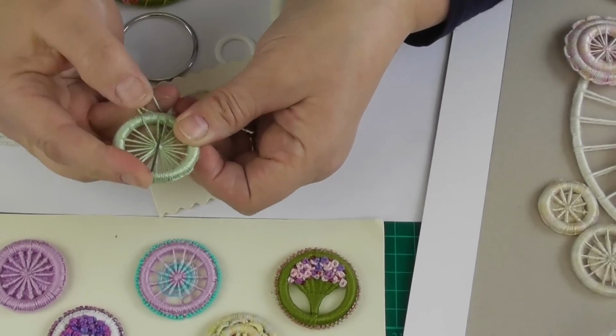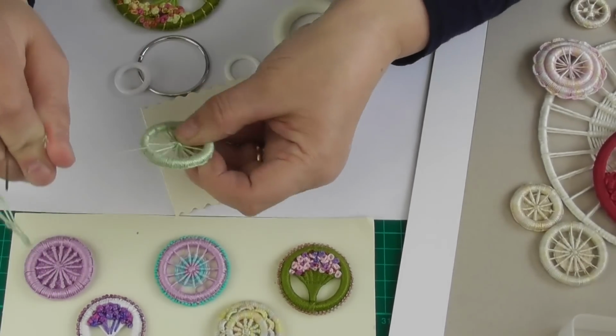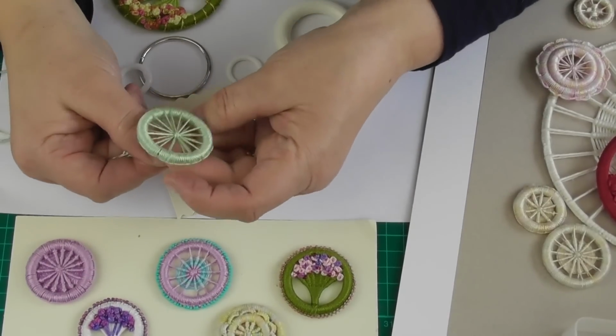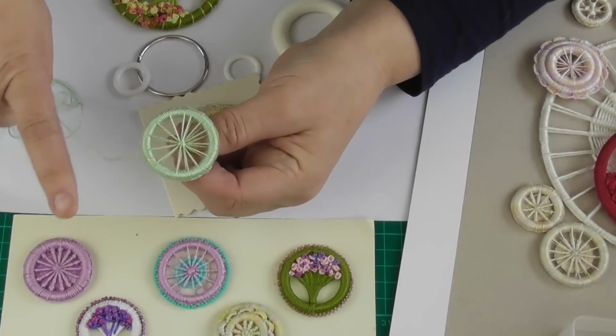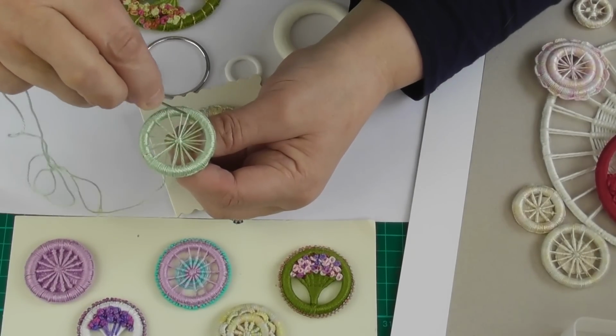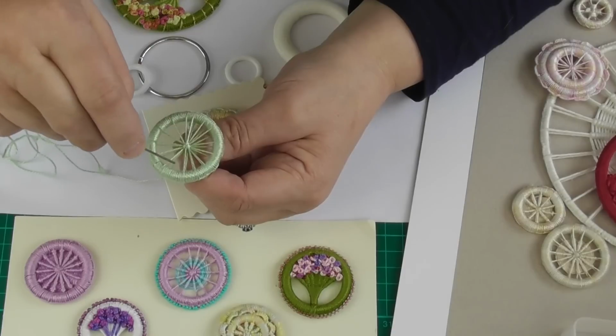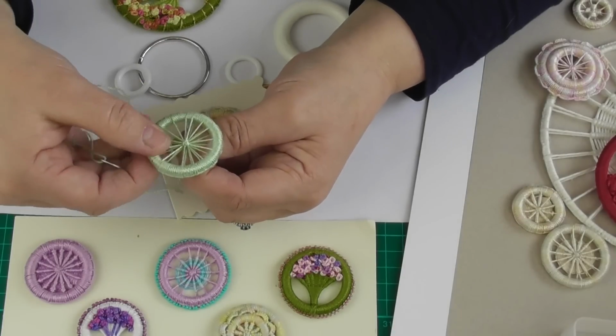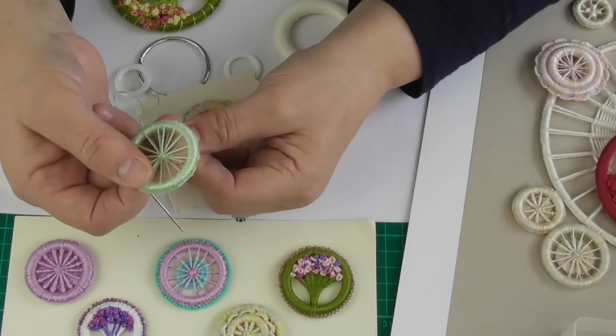I've got one in there that's a little bit rogue. Now this comes with practice, and as you can see there, I actually have my spokes, but some of them have not got as equal distance between them. But this is all eyeballed round here, and you do the best that you can. Now once I've got that all sorted out and it's in the middle, it's now time to start the stitch,